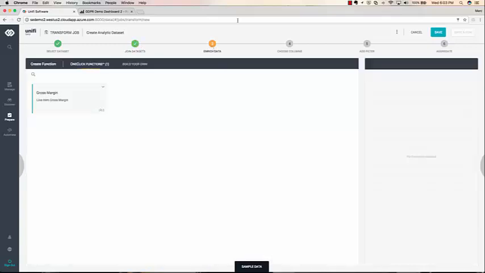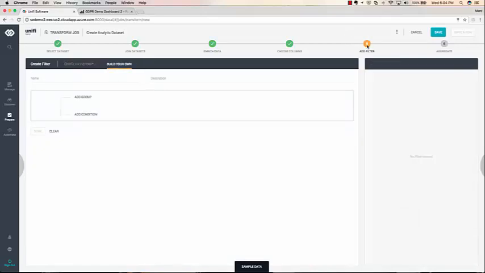I'm going to walk through this little process. When I go to the third step in the process, enrich data, again, Unifi has detected that this data set has some sales and cost information on a line item basis, and it's recommending that maybe you might want to calculate a gross margin on that information. So again, single click, no coding, no scripting. I don't even have to go into an expression builder. I can just leverage that recommendation from a one-click function perspective that Unifi has provided me. Again, just a huge benefit that we typically get out of the Unifi system.